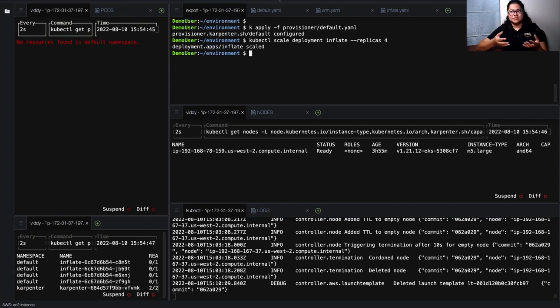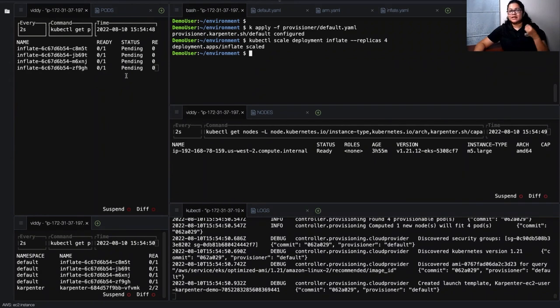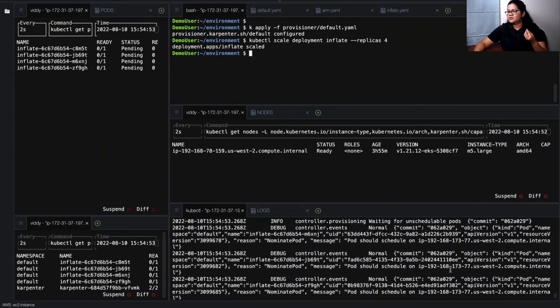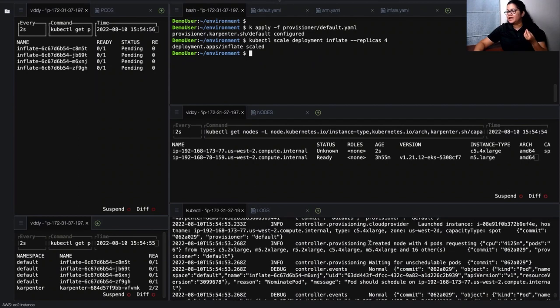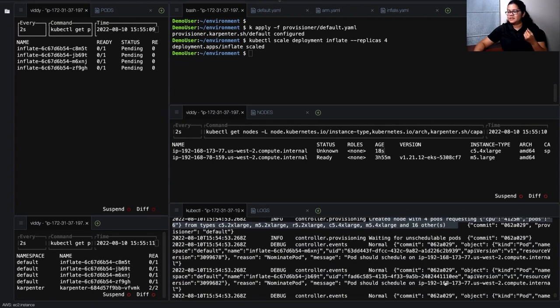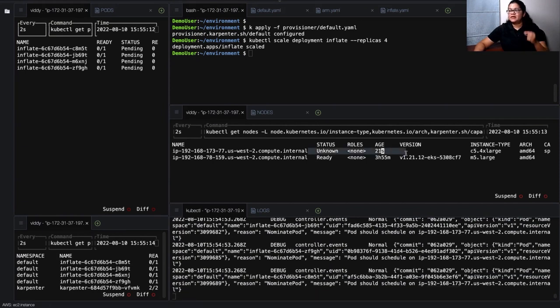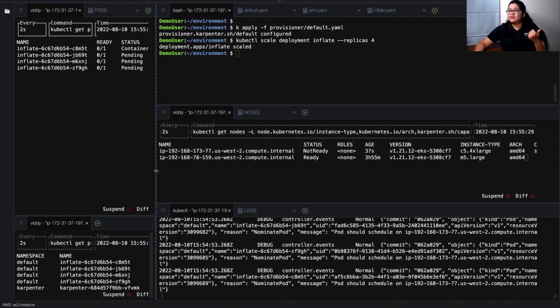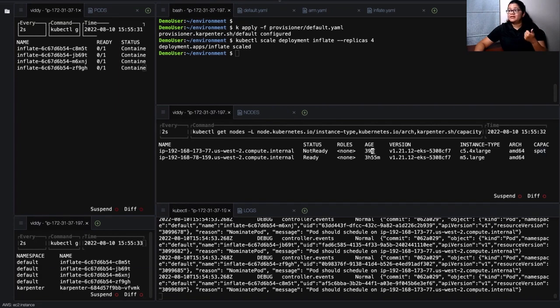The moment I say yes, it is going to have 4 pods that are in pending state, and you can see in the logs, let's go up a little bit, it says create a node with 4 pods requesting certain capacity. It is now waiting for this EC2 instance. It has already created that EC2 instance, and you can find that it launched an EC2 instance 23 seconds ago. What is this EC2 instance size? The size is obviously anything that would fit all these 4 pods, but it is a C5, it is AMD64, and if you move a little bit here, you could see that it is already spot. The instance is already running, at 39 seconds, and you can see the status has changed from pending